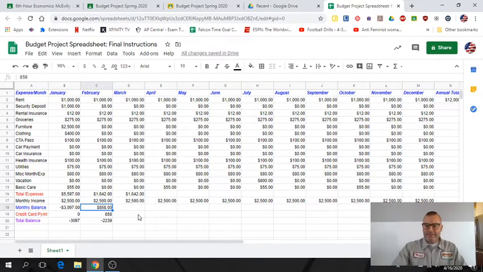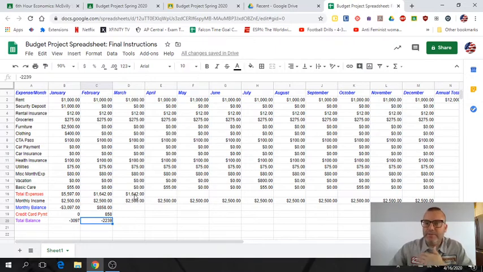What am I going to do with that money? You know what I'm going to do? I'll make a credit card payment. I'm going to take that $850 and pay off my credit card, or as much of it as I can. So I take that $858 and I send in a credit card payment for that amount, and that takes my credit card balance down from $3,097 in the negative to only $2,239 in the negative. Each month, you'll do something similar.